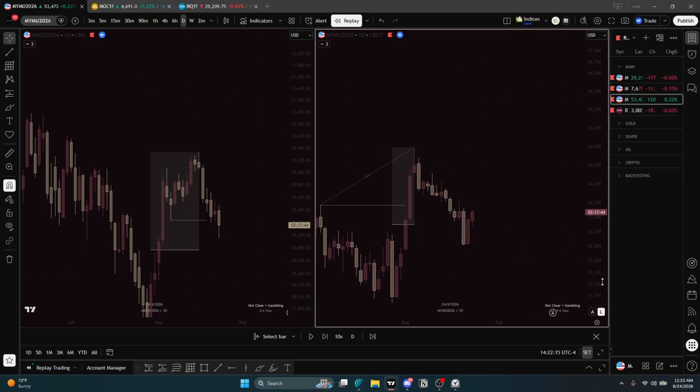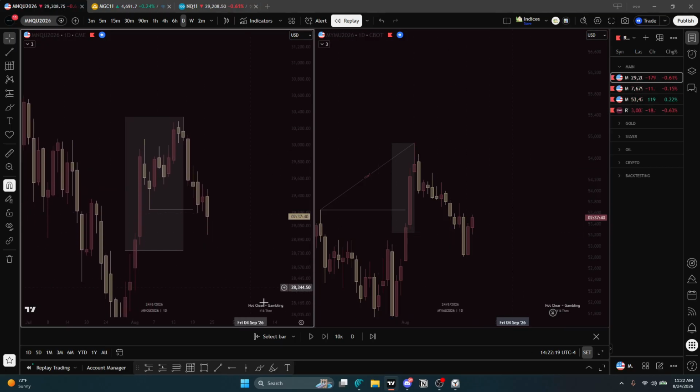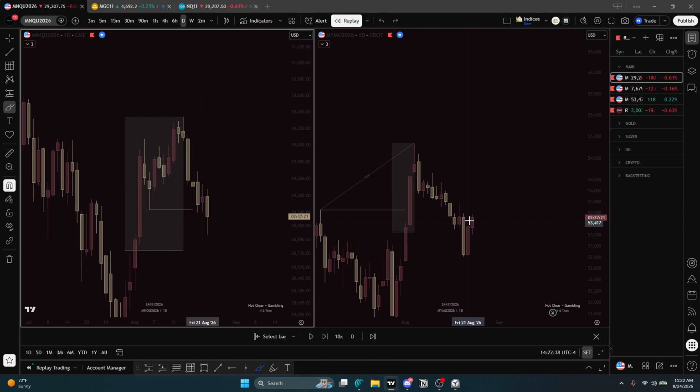But then we also have a fractal strength switch within this overall PA, where this asset's in premium. So temporarily it's stronger right now, right? Momentarily switching, while this asset's weaker, but it's momentarily switching stronger based on how Friday closed. Much stronger closure versus NQ. And we know that